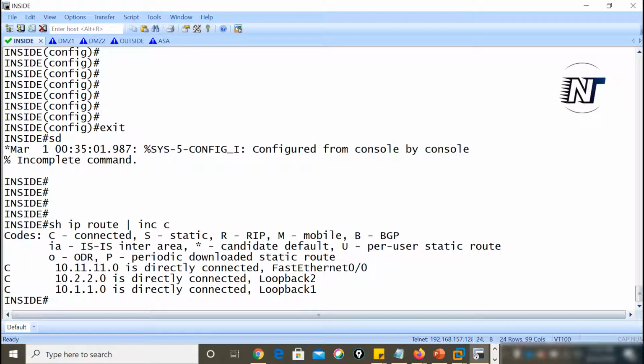Next we'll go to the ASA and apply OSPF over there.